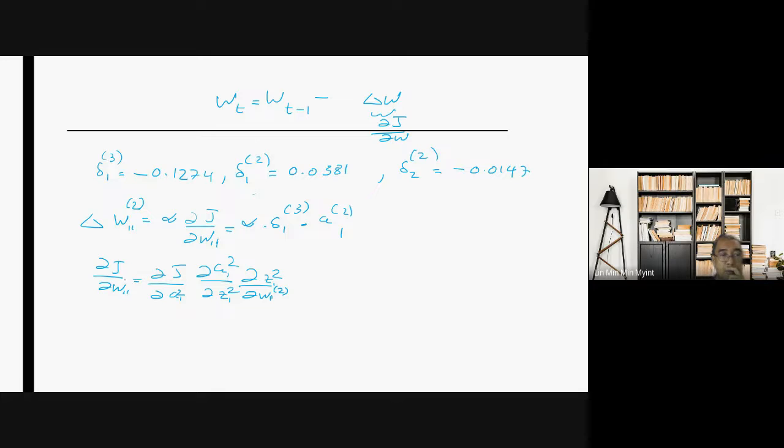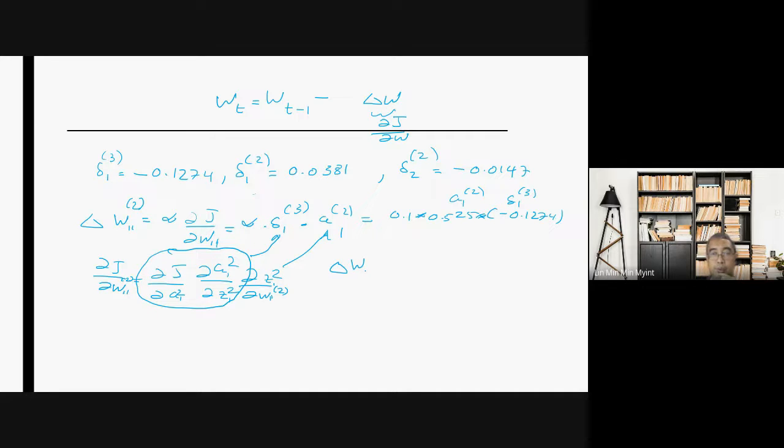This is for the 2. Okay, so this 2 is this sigma 1, 3, and this one is A1, 3. So this will be equal to 0.1 multiplied with 0.525 multiplied with minus 0.1274. Okay, so I write down opposite D. This is A12, this is sigma 1, 3. Like this. And similarly, we can calculate